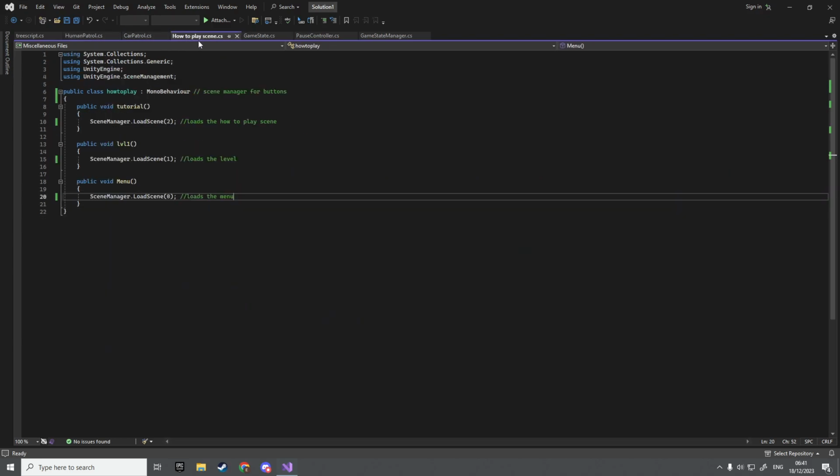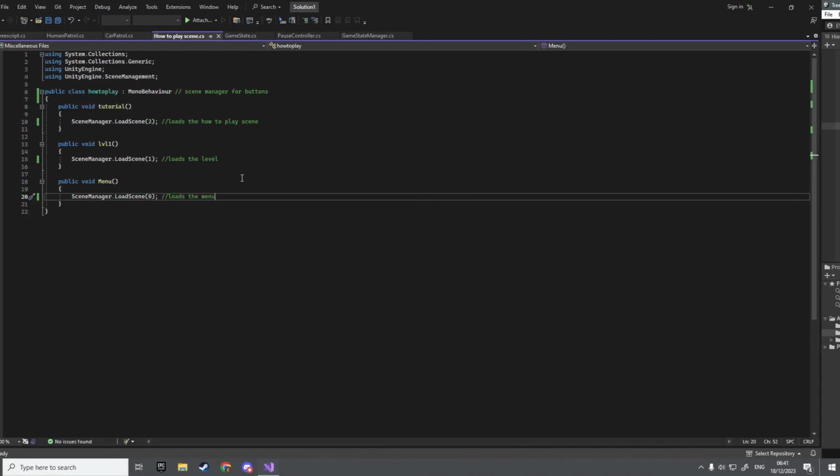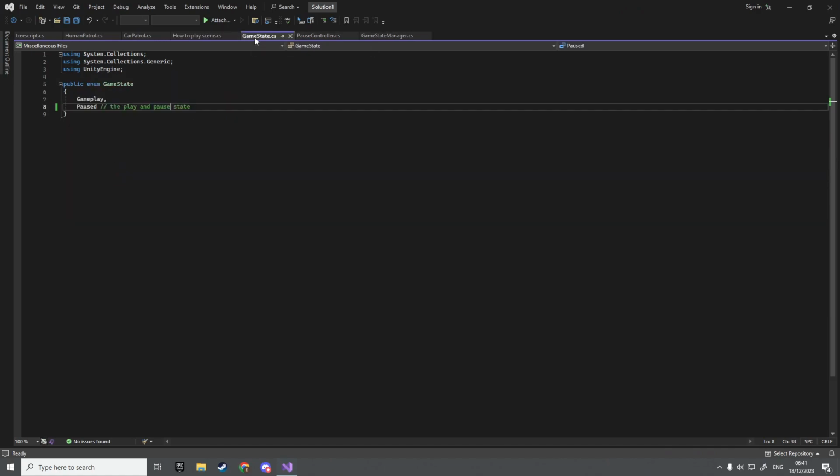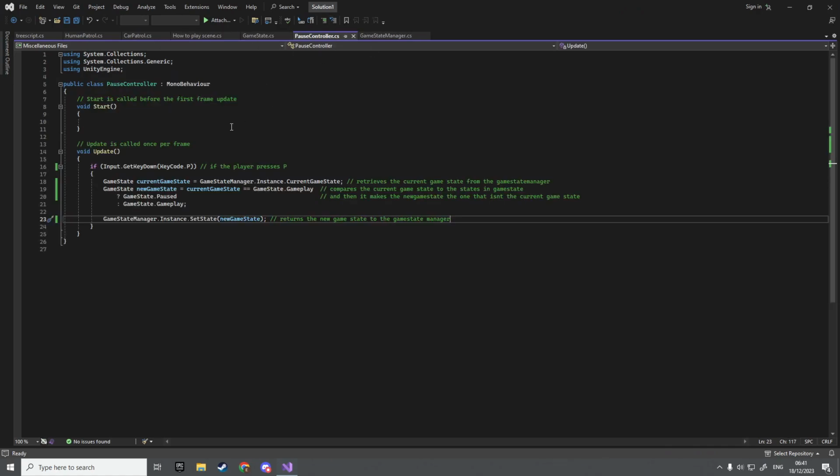And then you've got the scene manager, which I basically stuck on a bunch of buttons, and that loads scenes. It's fairly self-explanatory, I think. And then you've got the game state and the pause controller, which checks if the player presses P, retrieves the